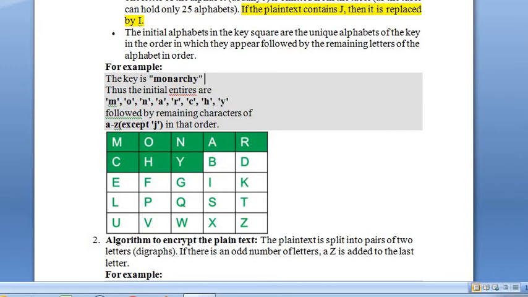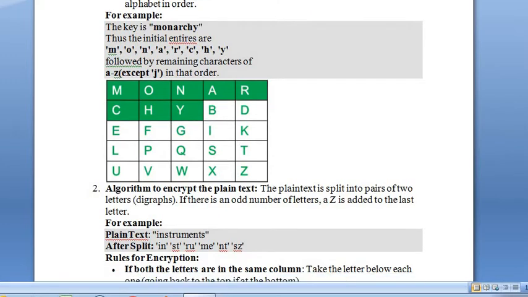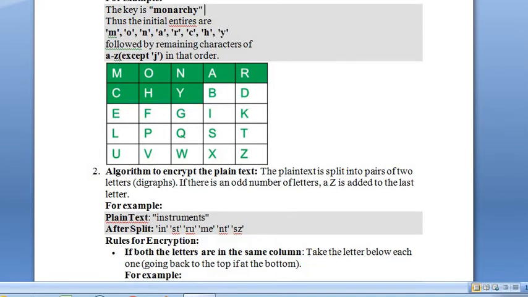After that, we need to enter the plain text. So how do we encrypt the plain text?